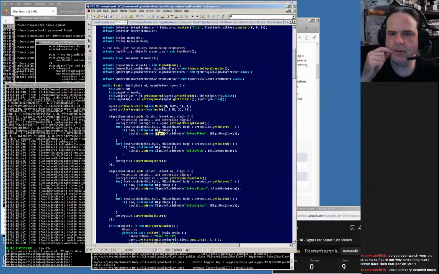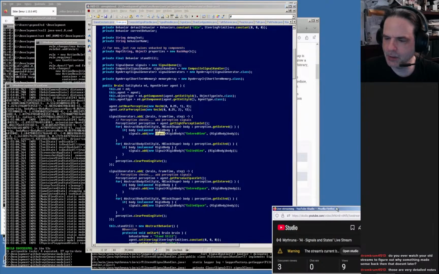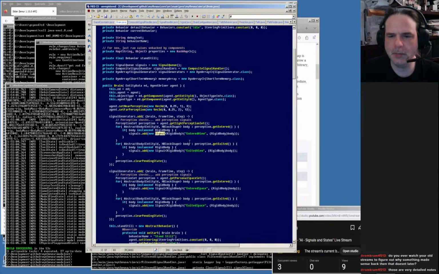Yeah, so here we have a signal generator that's got entered view. Yeah, that deals with perception sets. All of these things we'll have to get to as well. But yeah, so entered view this body, exit view this body. It's just